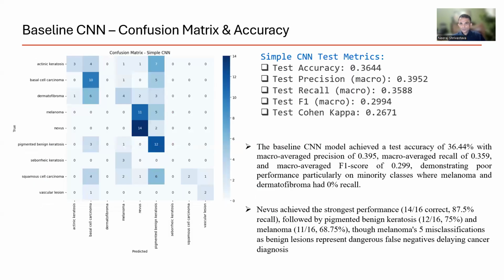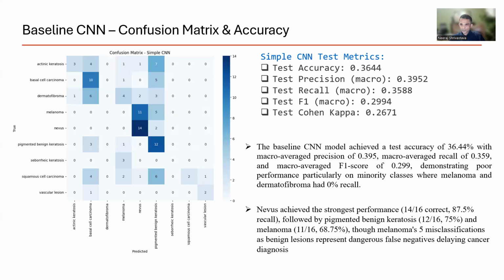Now, when it comes to some of the metrics like confusion matrix and accuracy, the simple CNN test metrics, as you can see here, the test accuracy is around 36.44%. The baseline CNN model achieved, as I mentioned, 36.44% accuracy with a macro averaged precision of 0.395 and a macro average recall of 0.359 and a macro average F1 score of 0.299, demonstrating poor performance, particularly on minority classes where melanoma and